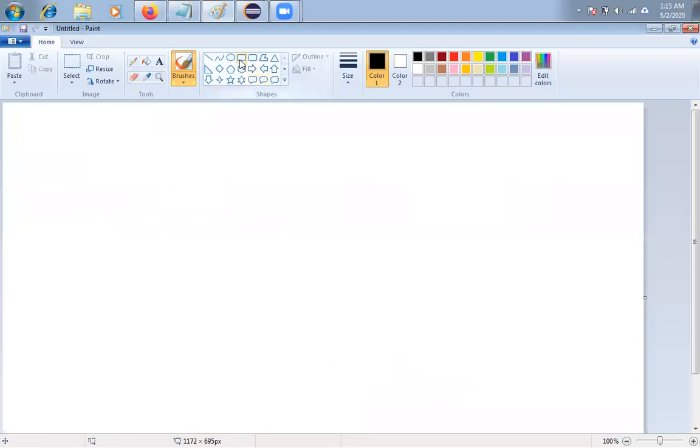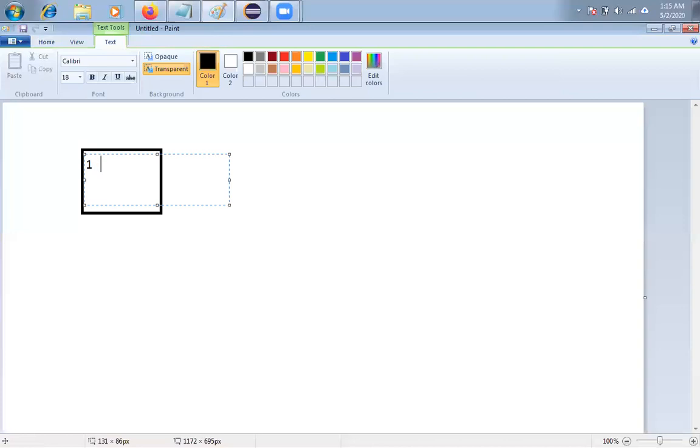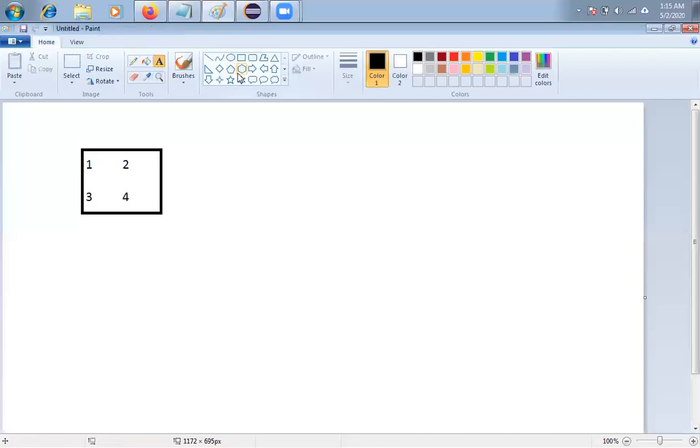So I have two matrices like this, friends. You may take an m by n matrix, but I am taking a 2 by 2 matrix to explain in an easy manner. I have a 2 by 2 matrix, that is 1 2 and 3 4, and I am taking one more matrix like this.